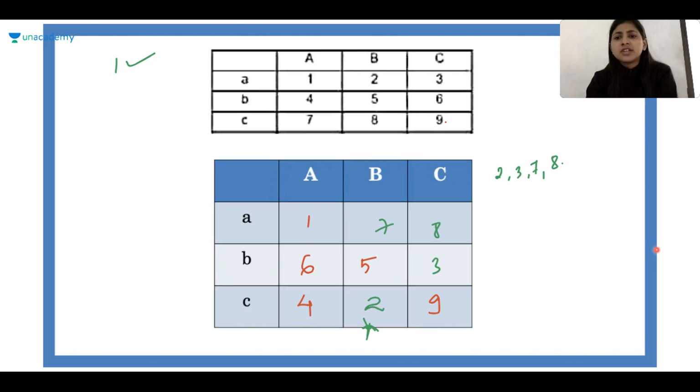No, there is no such condition given. Difference of 3, like 1, 4, 7. You are saying 4 minus 1 is 3, 7 minus 4 is 3, 5 minus 2 is 3. No, that is not necessary. It's not given anywhere. That is just an assumption you are taking. Like in this case, see, this case is working, but the differences are not the same. 6 minus 1 and 4 minus 6. No, that's not necessary.